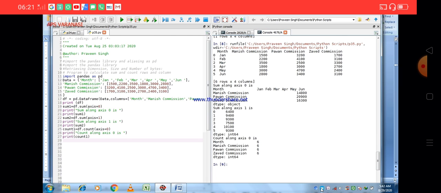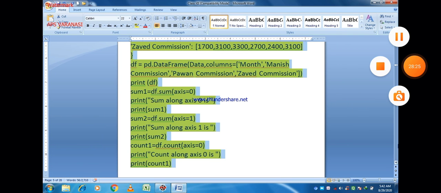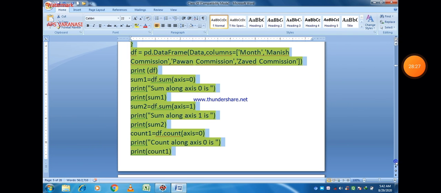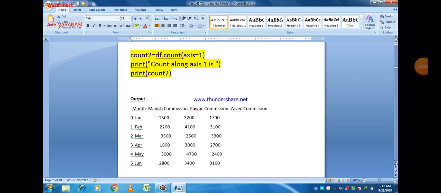So you can easily see the output here. Now you can see the output here.